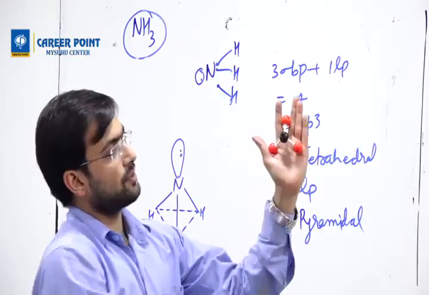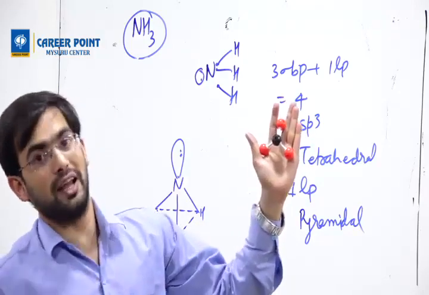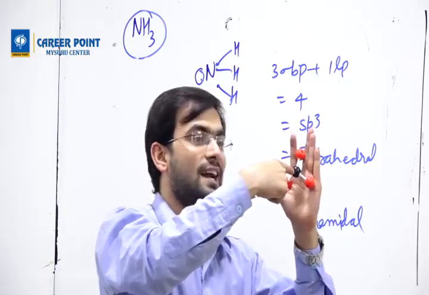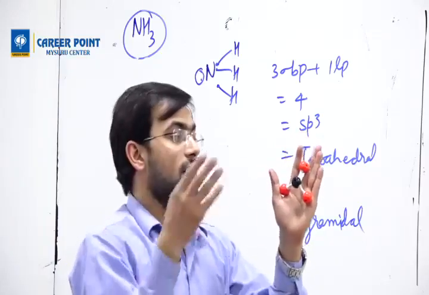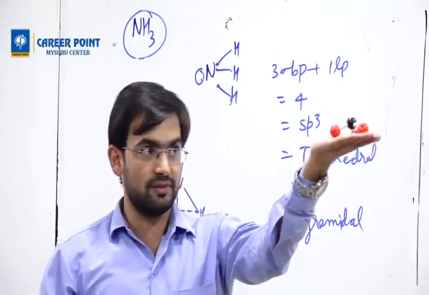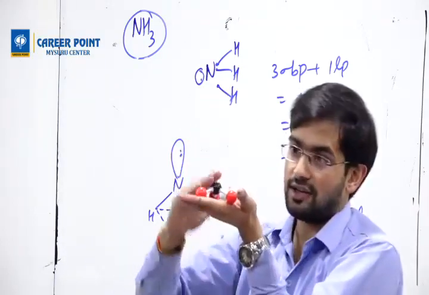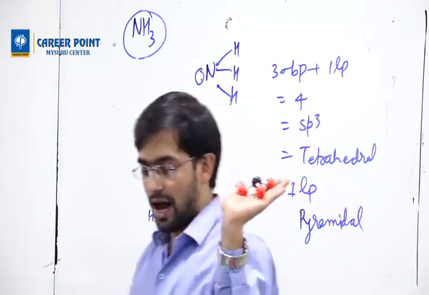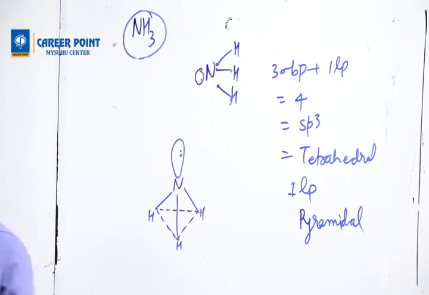Something like this. If I hold like this, 1, 2, 3. It is not trigonal planar. Trigonal planar happens when you push this atom inside the plane. Then only it will be planar. But right now it is not planar. It is pyramidal. So you see like this. Able to see pyramid? 1 layer here. Another second layer. And backside 3rd layer. So it becomes a pyramid. Okay. Done. So this is all about till 4.